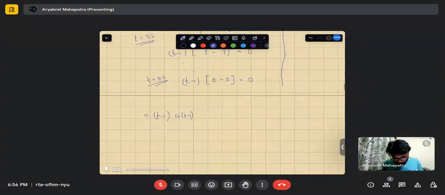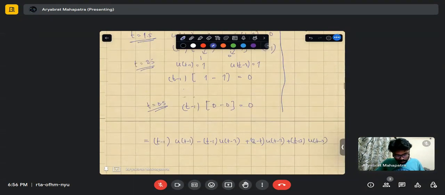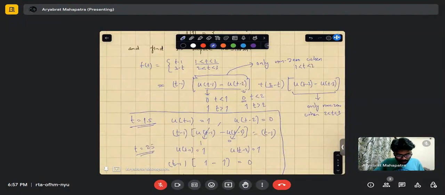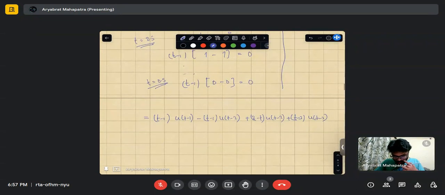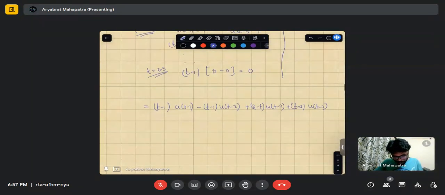So yeah, t minus 1 u of t minus 1, then 3 minus t... t minus 2 plus t minus 3 u of t minus 3. So then I'm just multiplying the t minus 1 with the first vector, the t minus 2 with the second one. Then using the Laplace transform property, you can write,